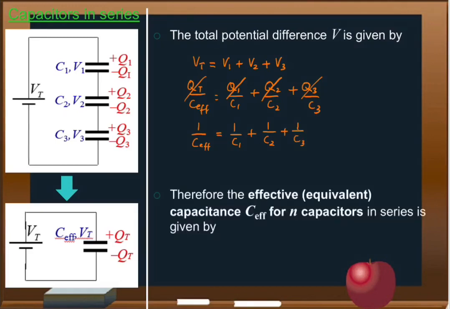Therefore, the effective capacitance Cf for n capacitors in series is given by 1 over Cf is equal to 1 over C1 plus 1 over C2 plus 1 over C3 plus 1 over Cn. So if you have, for example, 5 capacitors, then you will write down the expression until you get 1 over